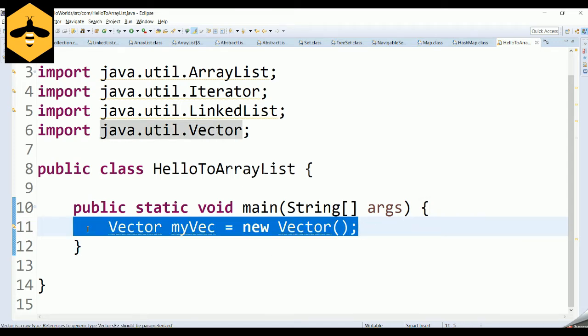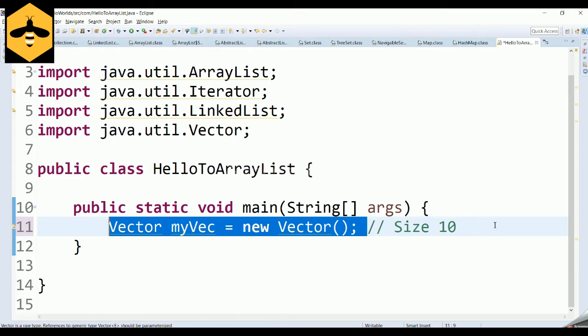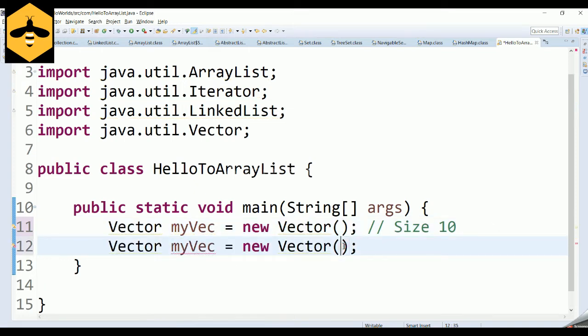So this is one way of creating a vector, and this vector's size by default will be 10, since you have not specified the size of the vector. And when you try to insert the 11th element, its size will become 20. There is one other way of creating a vector, which is nothing but the same thing, where you can specify the size of the vector. So let this be a new vector. This is my new vector object, where I have decided the size of my vector to be 2. So here the size of the vector is 2.